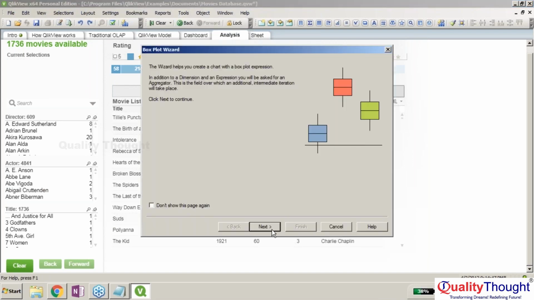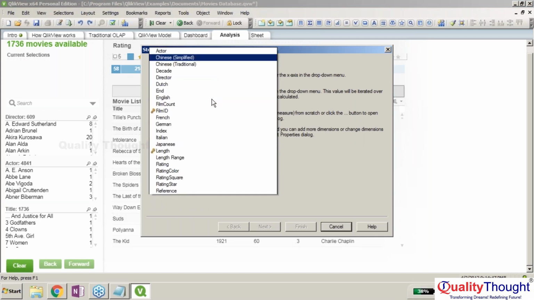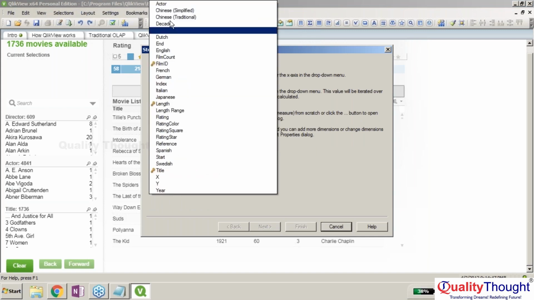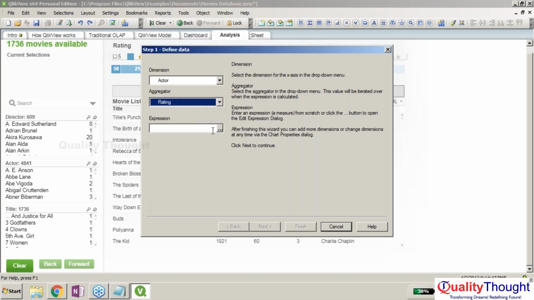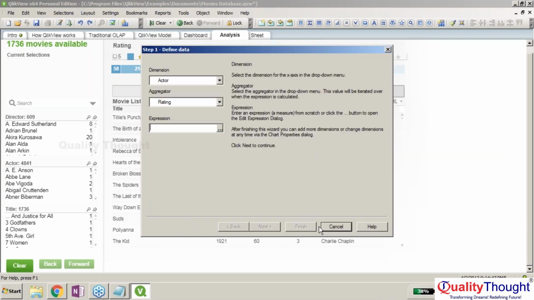The box plot, you can just create a box plot by simply going ahead with the actor and the respective rating related stuff, and you can provide any expressions that you wanted to add. Okay,